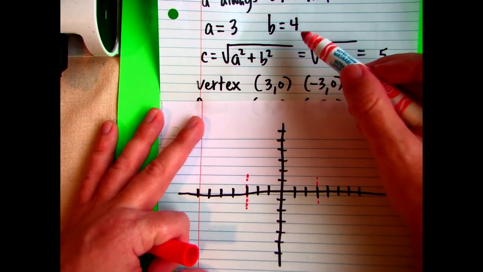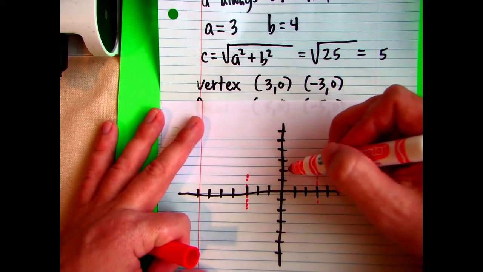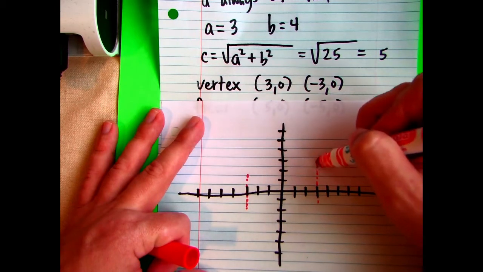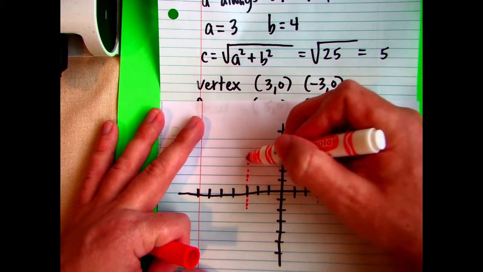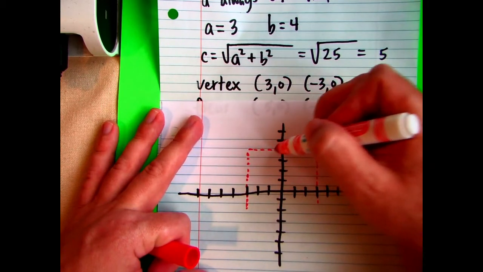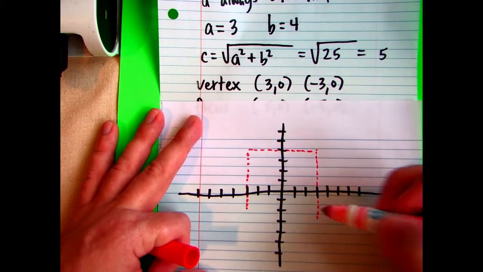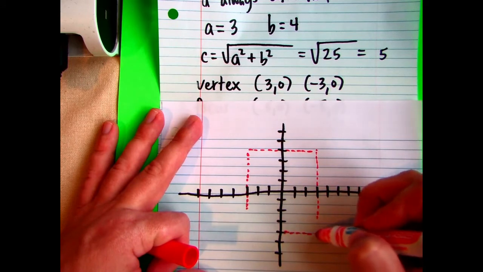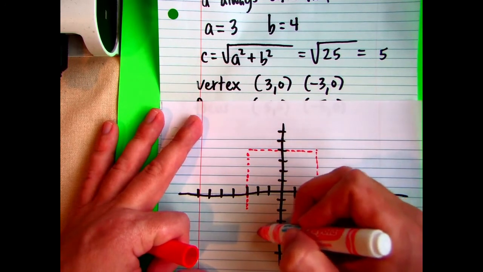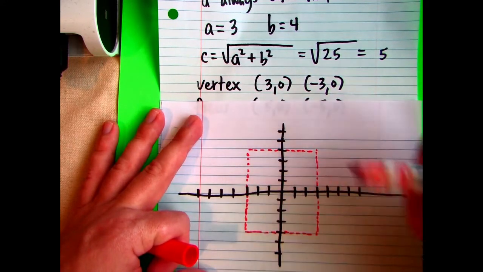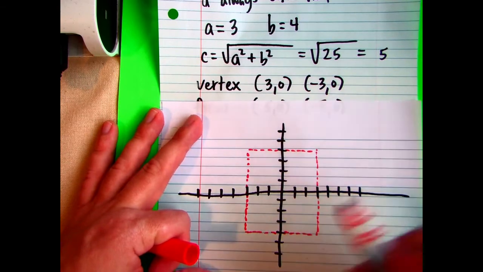My height is 2b. So my height is going to be 8. I'm going to go up 4, and I'm going to go down 4. So here's my rectangle,